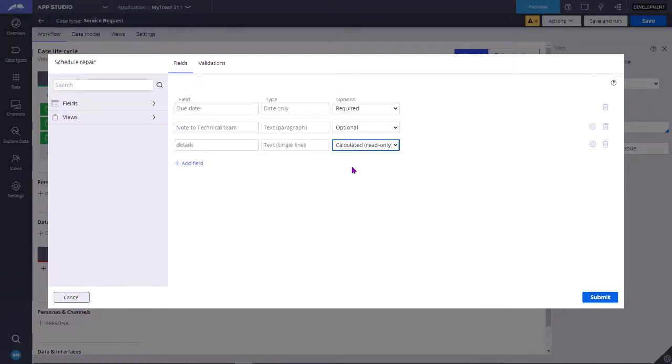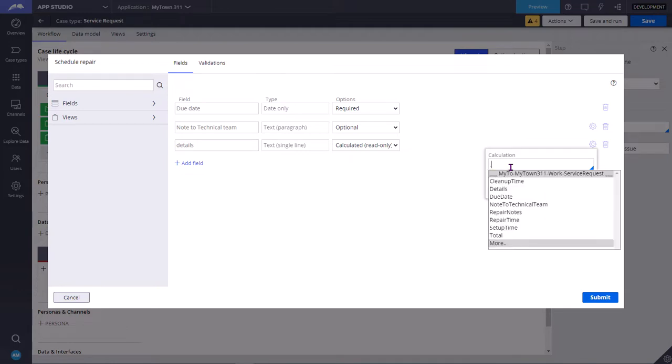For example, I have selected here calculated read only. Then you can select the settings option. You can do that calculation. Say details is something. Say for example, you want to concatenate due date and note to the technical team in details section. Then you can use concatenate operator to select dot due date